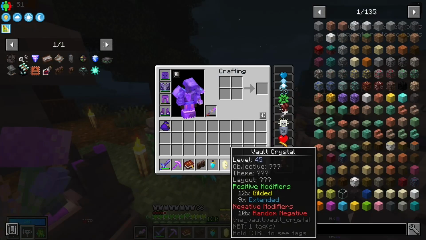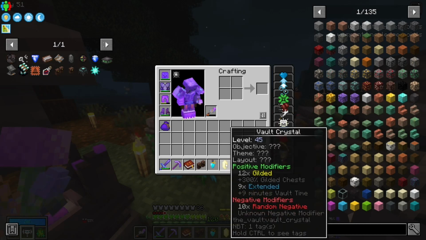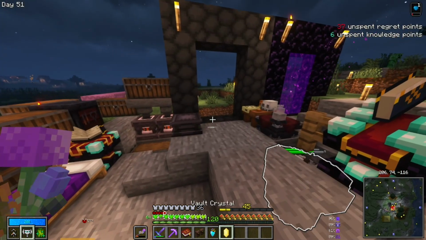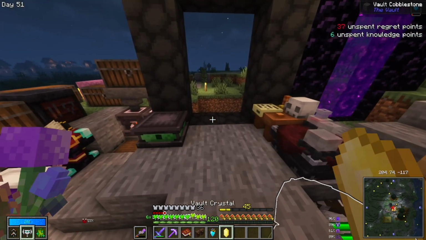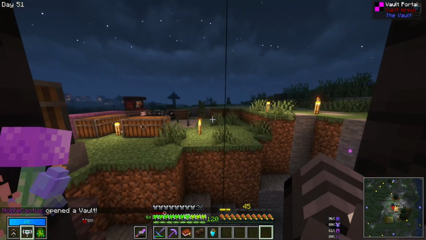The main issue is that if you get too many negative modifiers, at some point it will either instantly kill you or you will have no time to vault, so having extended is very necessary. So all these lists got some pretty lucky stuff, but what we need to do is open a dungeon door as well. So we're going to be looking at that in this vault. So let's head right in and see what we can